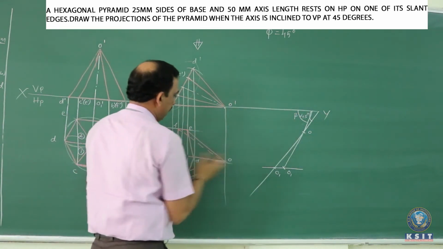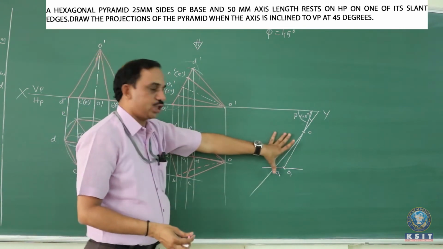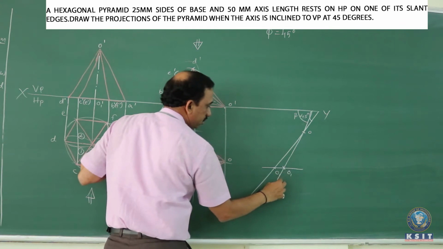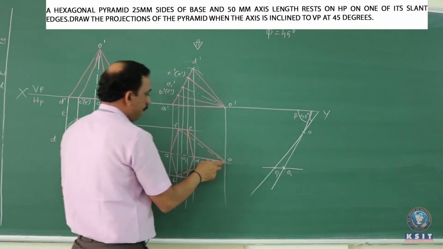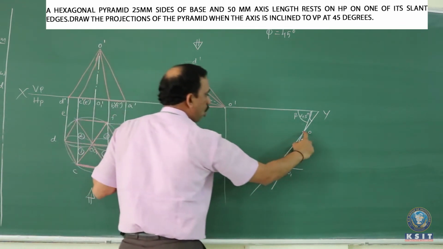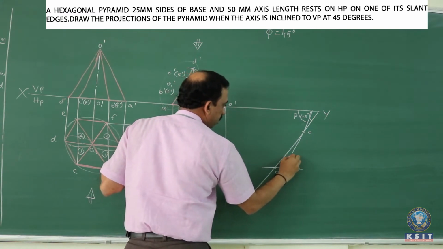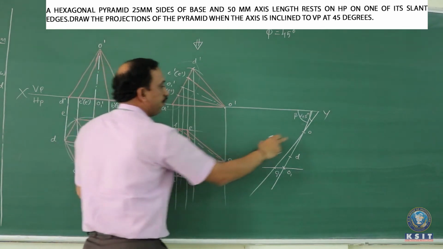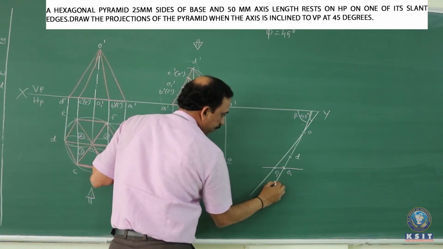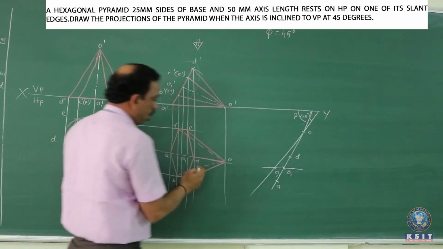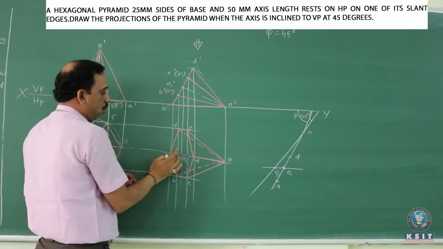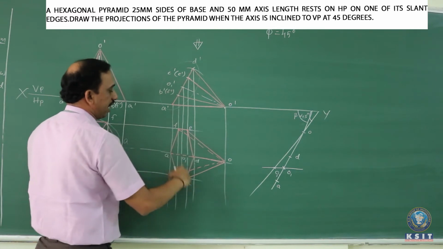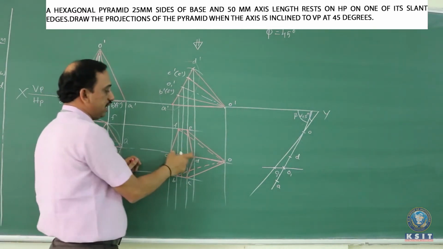Once you have done that, transfer these complete projections to this. For this, slightly extend this. Measure O to D with O itself as center, cut here. This is D. Measure O to A with O itself as center, cut on this apparent length to fix A. You have right now O, D, O1, A. Based on A and D, you can transfer the remaining corners.